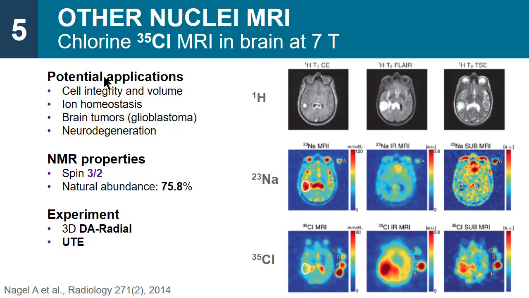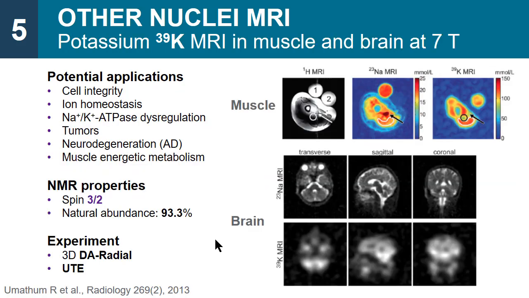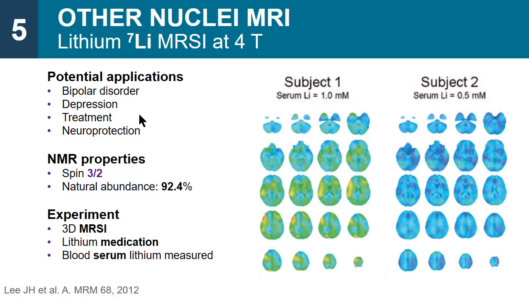Just to show you that some people have tried, I'm running out of time, so people have tried to do some chlorine too in the brain that can be related to sodium, so the salt in the brain. Potassium will be very interesting because it can give some more information about the sodium-potassium pump. So if you can do sodium and potassium, it can give you direct information of these pumps. Lithium isn't very interesting, but you have to give it to the patient with depression or bipolar disorder in general.